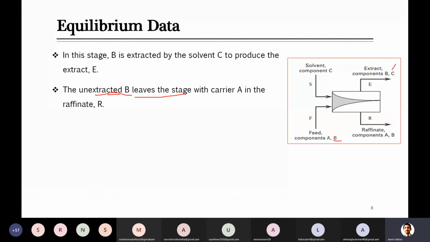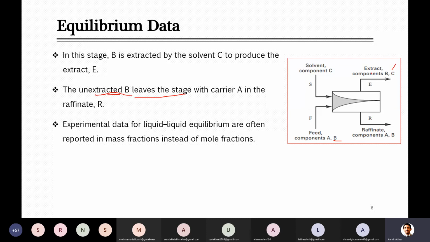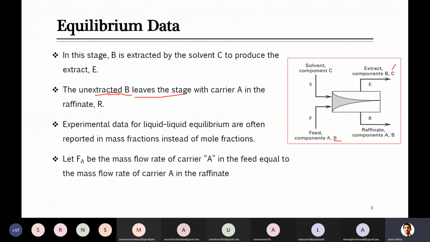So here, experimental data for liquid-liquid extraction or liquid-liquid equilibrium are often reported in the form of mass fraction instead of mole fraction, because majorly, you know that here there are liquids, and when we are talking about liquids, we usually represent the data in the form of mass fraction. So in this case, for example, we have